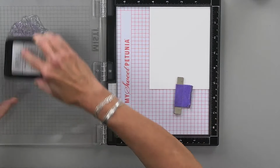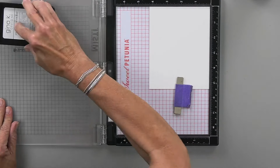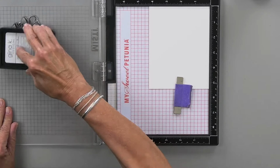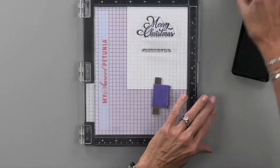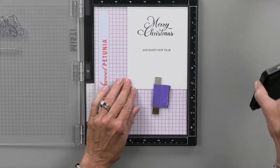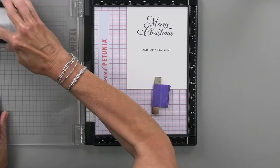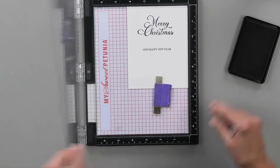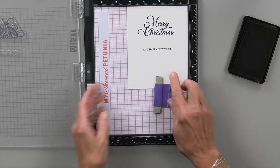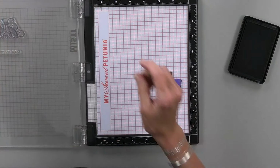We might do a sticky mat down the line. We'll see. Maybe we will. Okay, that's one time, and I'll stamp it again. I don't think I need to stamp the bottom one again. I just want to stamp the top one again. Beautiful. All right, so now I've got all of my images stamped,